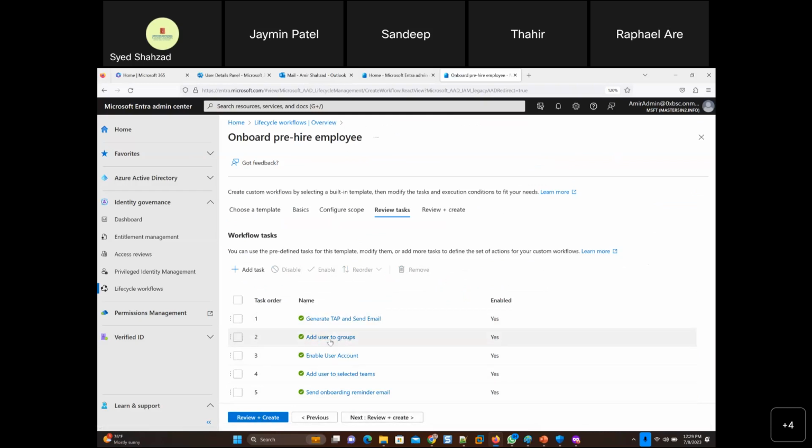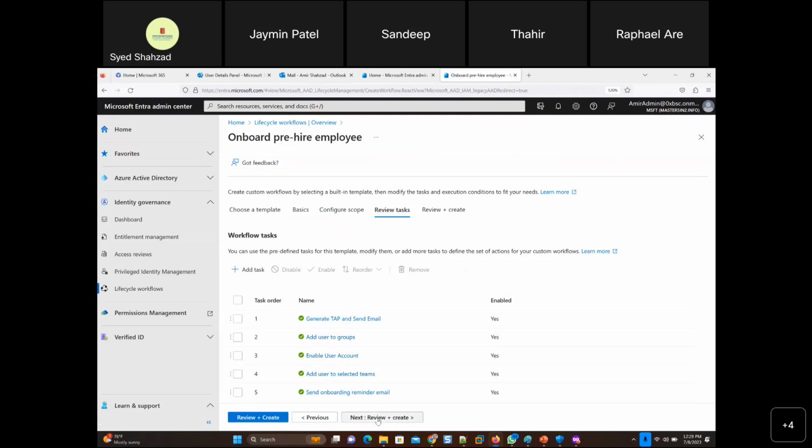Suppose it's a big company and there are 20 or maybe 30 groups connected to the marketing department. Adding to each group one by one is a pain in the neck. So why don't you just create a workflow template here and add all 30 groups of the marketing department, and that user will be automatically added to those 30 groups.